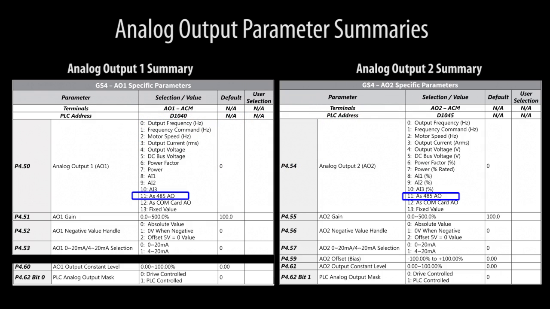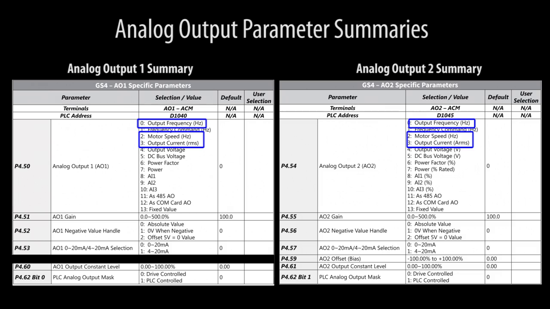If you choose the RS-485 port by selecting an 11 for this parameter, then writes coming from any of the COM cards will be ignored. And vice versa. If you choose a 12, then writes from the RS-485 port will be ignored. You can also output the analog inputs, the power factor, and anything listed here. Most of the time, you'll probably want to monitor the output speed or amps or